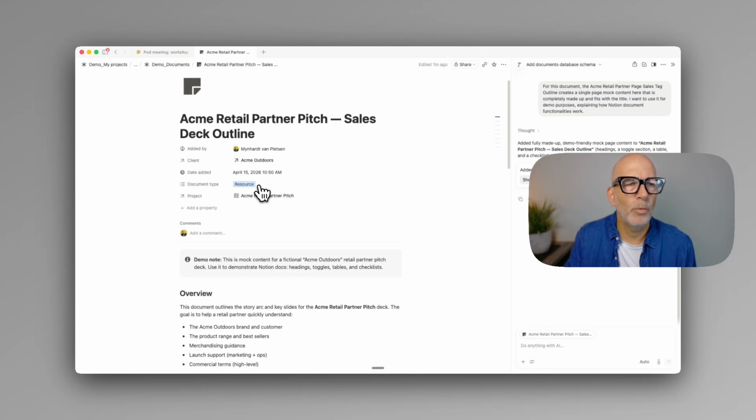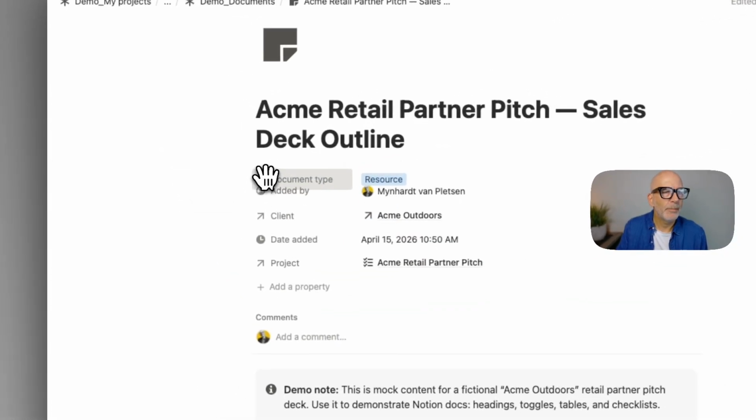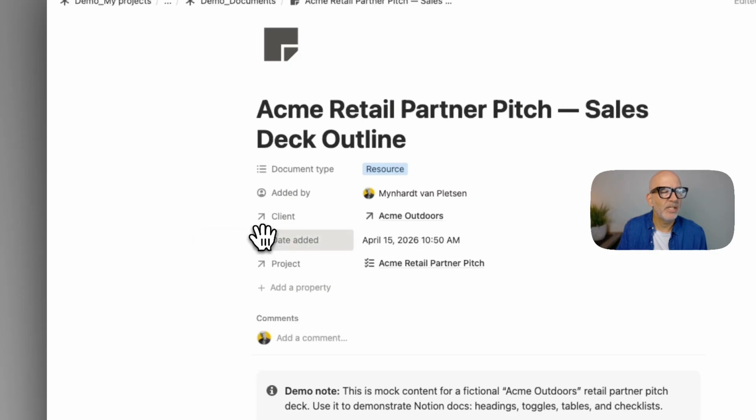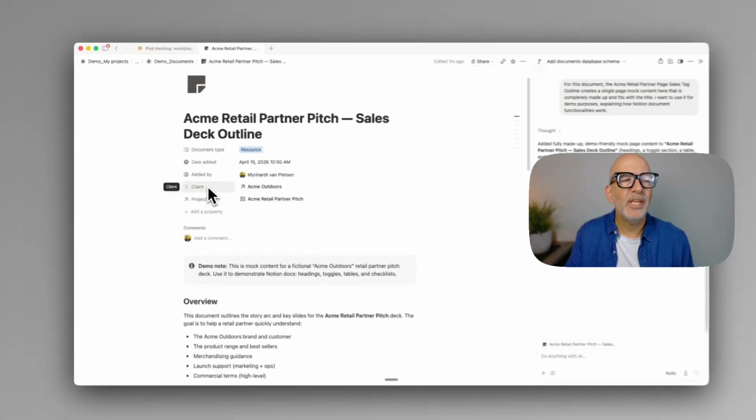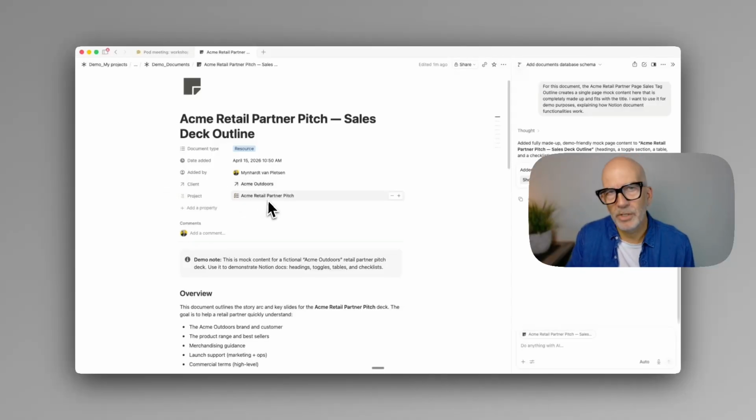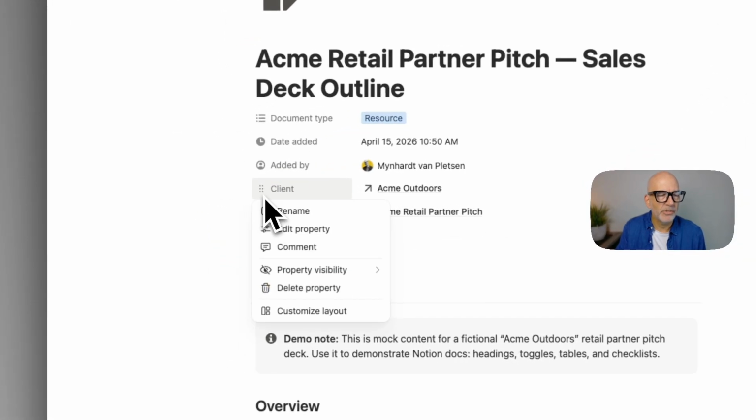So the first thing we want to do is potentially move some of these properties around so that it makes sense to us. So right at the top, we want to see, for example, what type of document this is. Then we want to see when it was added. Then we want to see who it was added by, and then we can see who the client is and who the project is. If you click on any of these little handles here at the top,